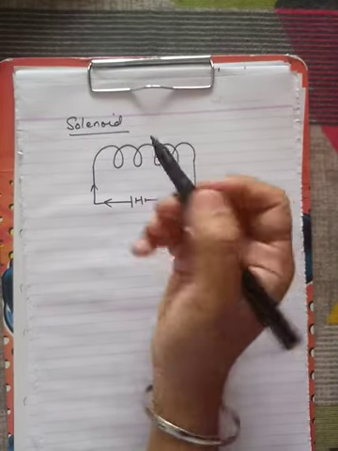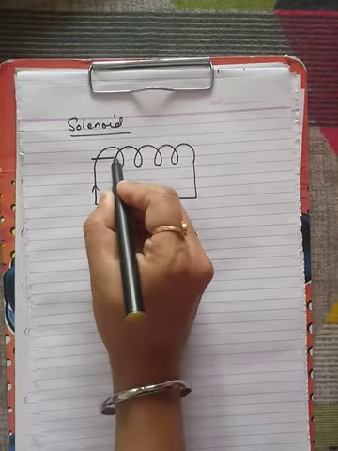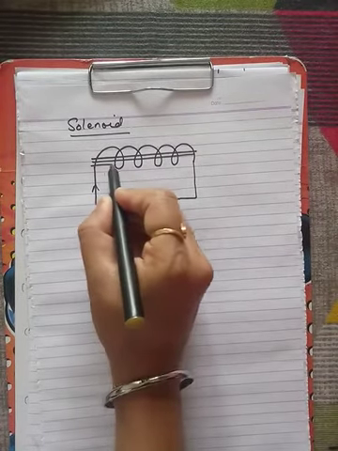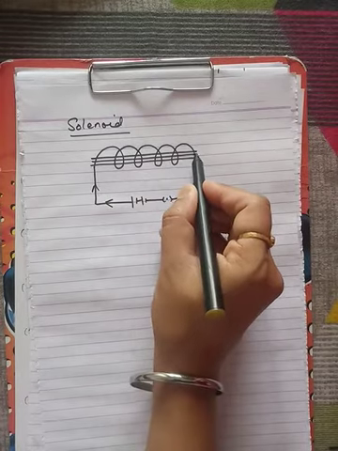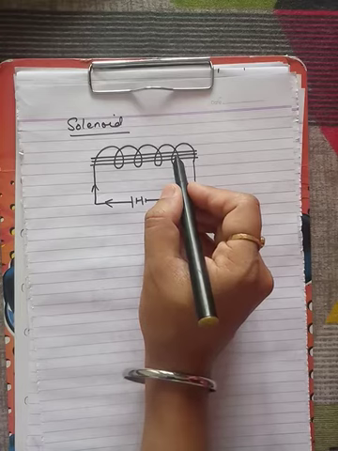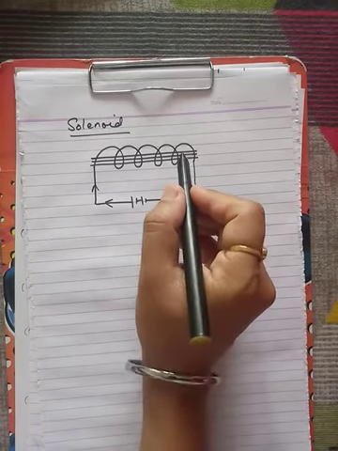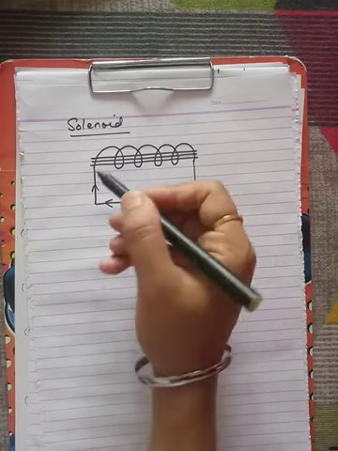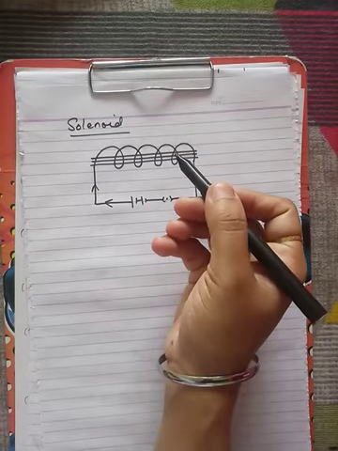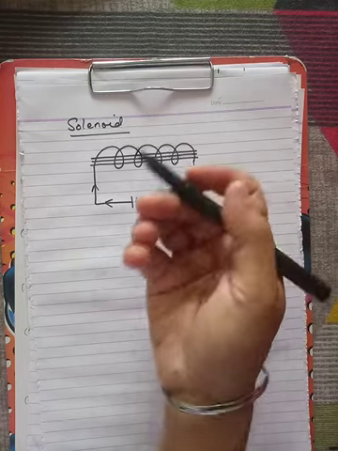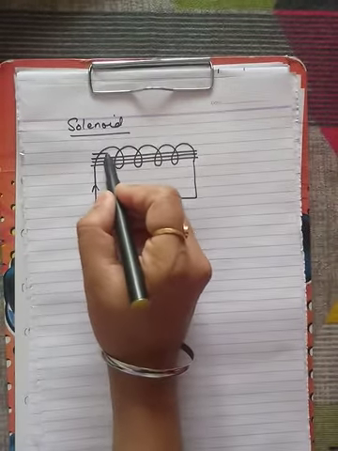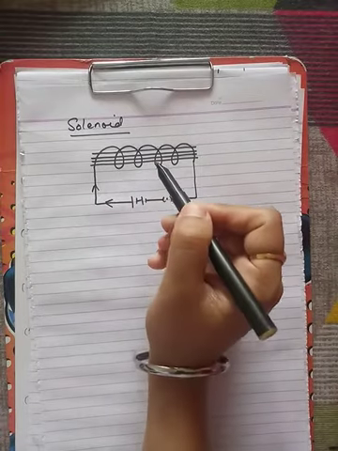A uniform magnetic field can be shown as parallel magnetic field lines like this. So on the central axis of that cylinder shape, we can have a uniform magnetic field. In this case, it is similar to a bar magnet. Inside a bar magnet also we have a uniform magnetic field. So this magnetic field is like this.